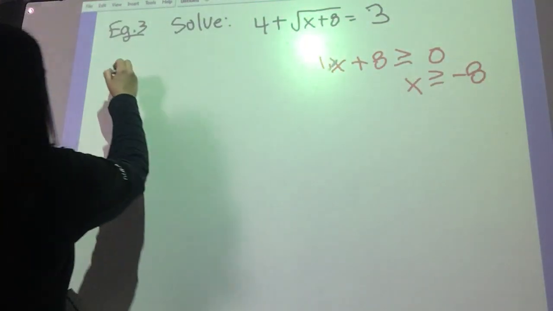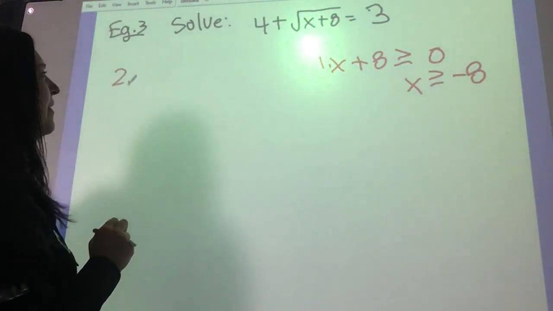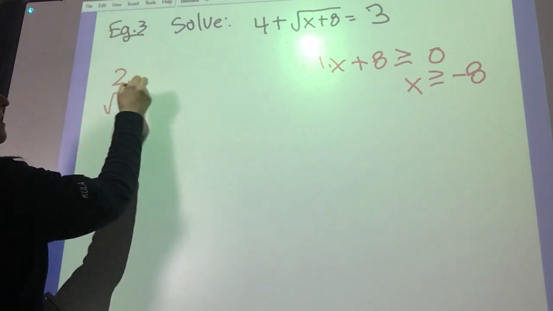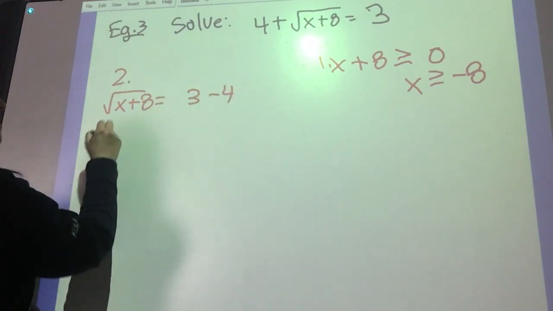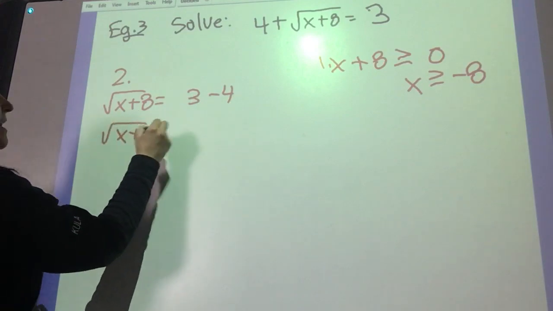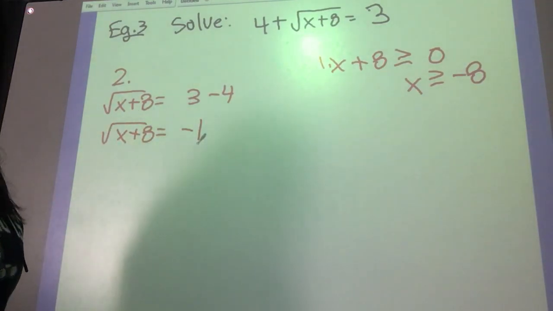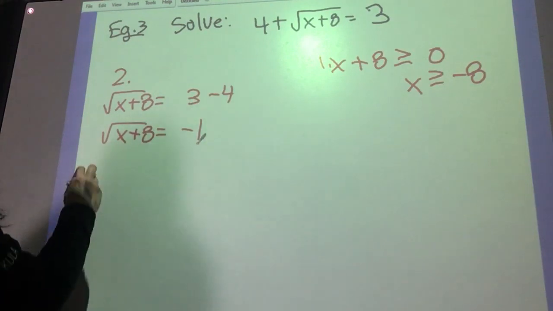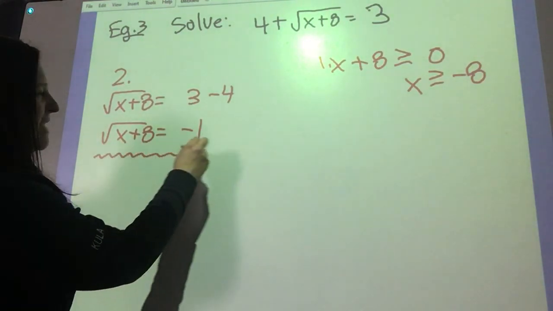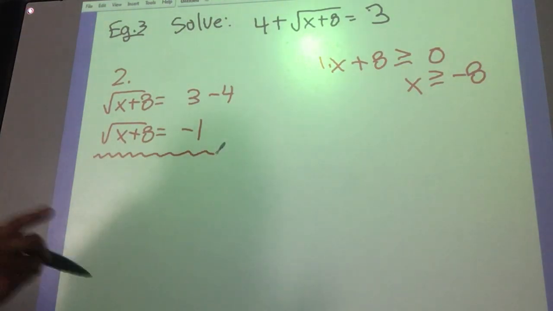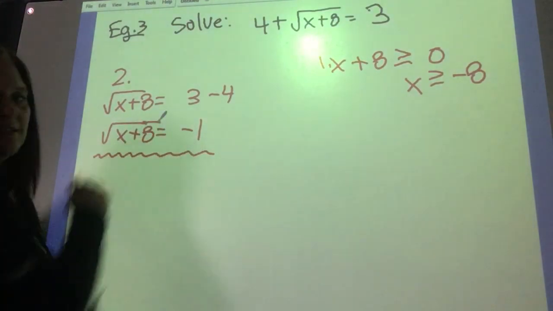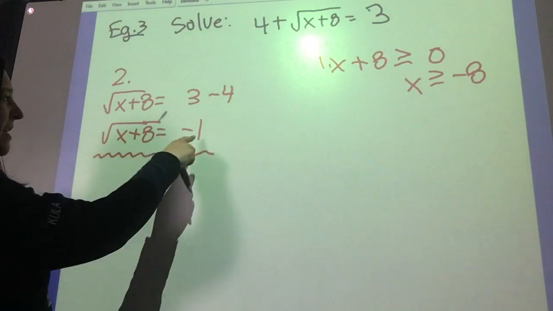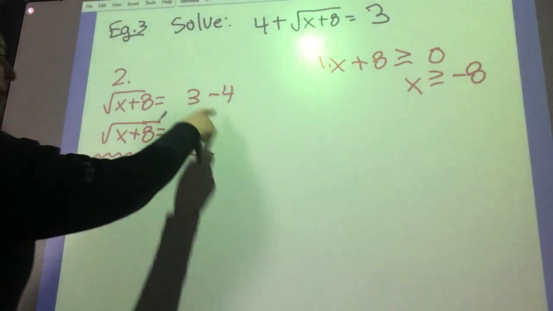Step 2, we have to isolate our radical. The radical isn't isolated, but to do so you would have 3 minus 4, and that gives us -1. Well, I can stop right here. We said the square root, we only take the principal or true root. I'll explain that statement now. That means the square root has to equal a positive number. This statement can never be true. This would not be a principal or true